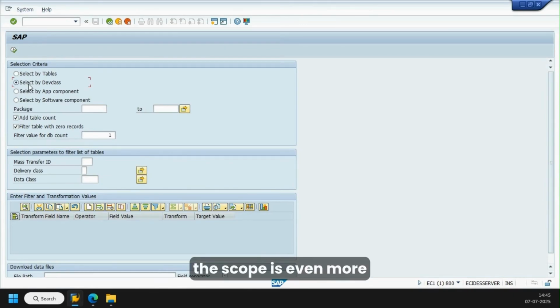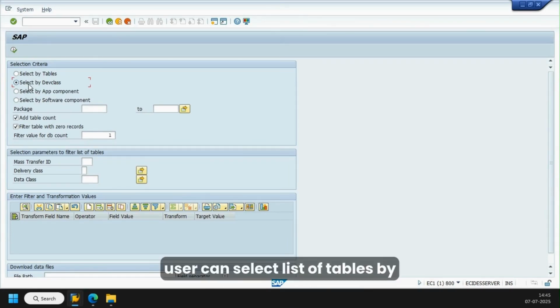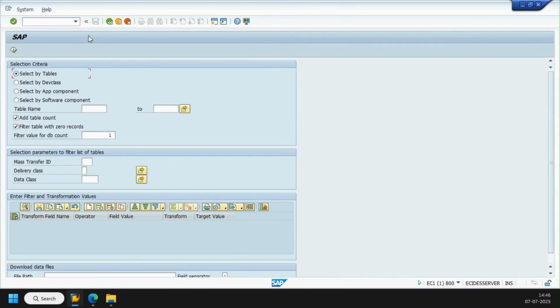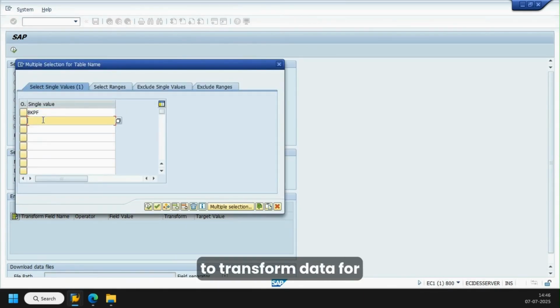If the scope is even finer and more granular, the user can select a list of tables by developer class or by list of tables. So for example, if we were to transform data for BKPF and BSEG,